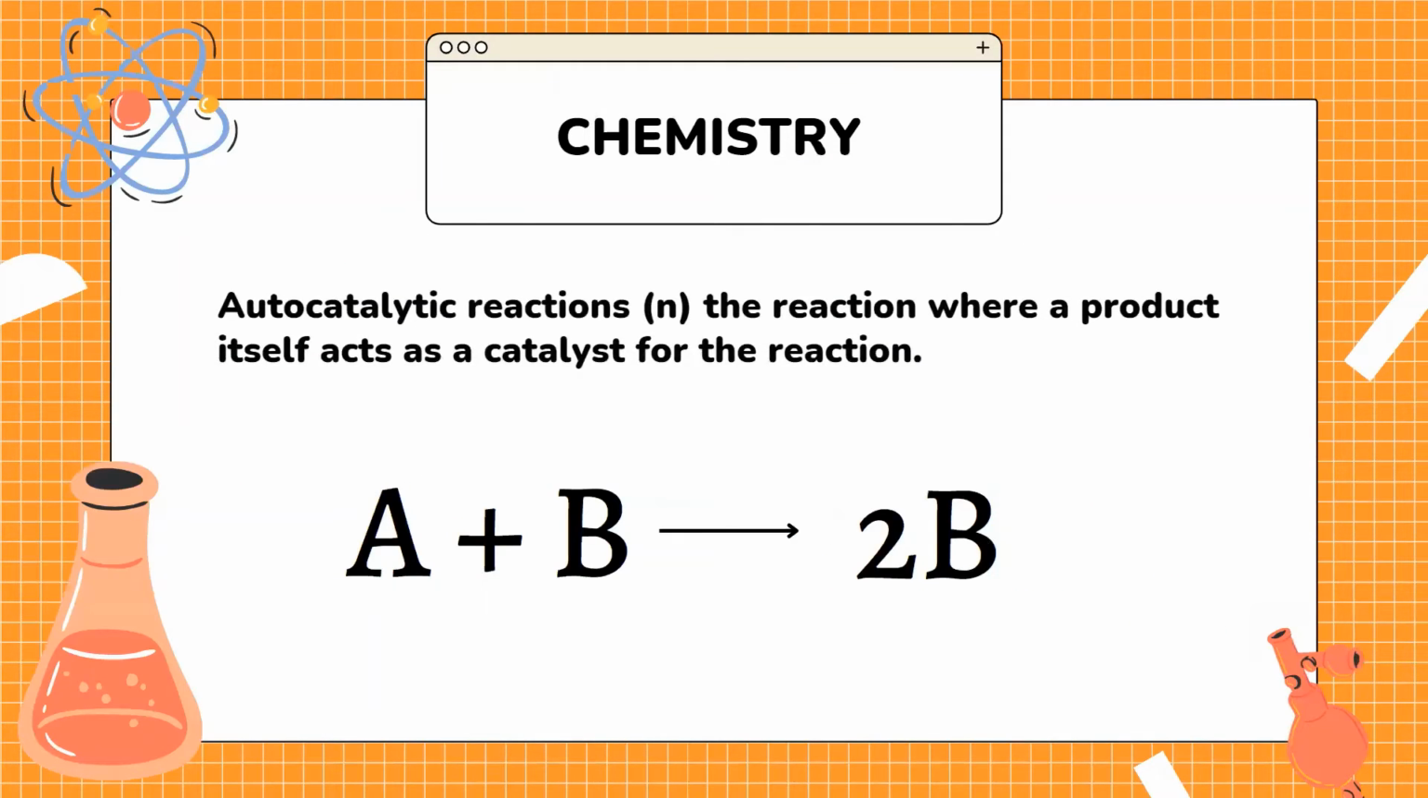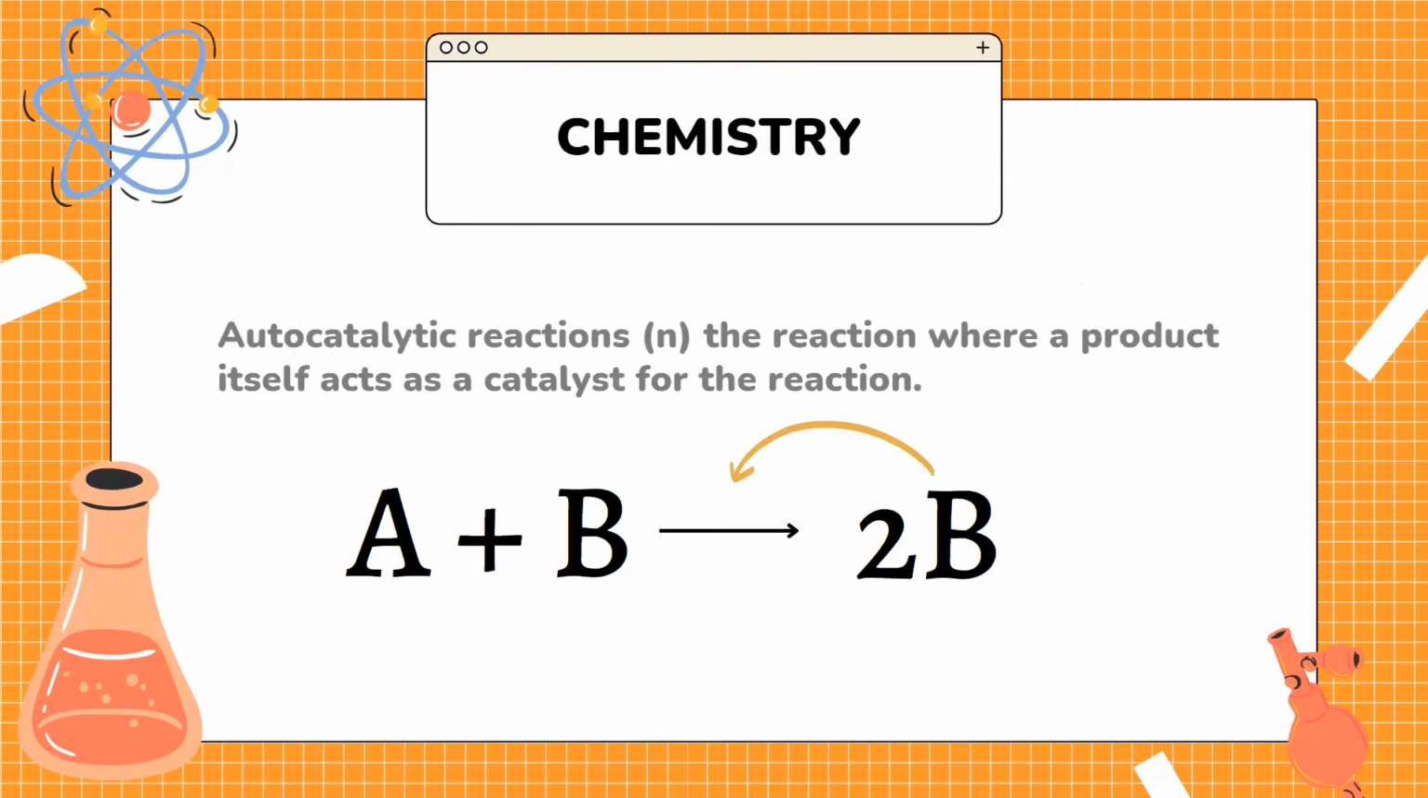In chemistry, a single chemical reaction is said to be autocatalytic if a product itself acts as a catalyst for the reaction. It is the reaction that is used to make photographic processing of silver halide film and paper. An autocatalytic reaction can be expressed as A plus B creating 2B, which continues to act as the catalyst for